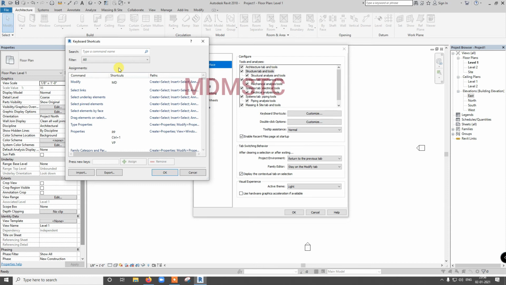But in Revit you can assign any number of commands. So what will happen now, the applicable commands will be shown here. Here one indication will be there, so if you press that, automatically it will show what are the shortcut commands available.